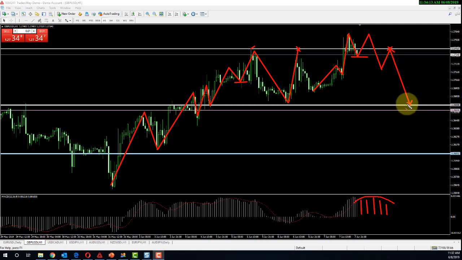So certain things have to set up in the market for me to execute a trade. And this basically is one of them. Now we can look for other patterns within this area right here. And let's take a look at another pattern that may emerge from this area. All right, so what we have right here would be a double top pattern. All right, let's say price does create a new high